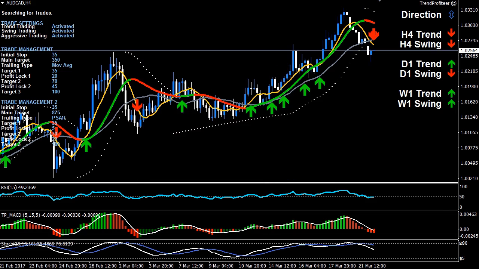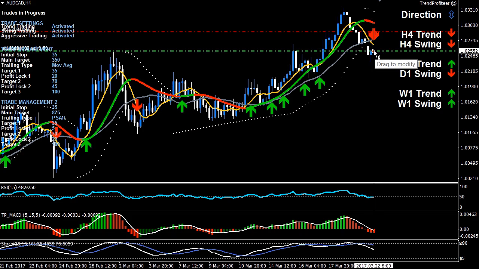So I just clicked yes, there we go. We've got our trades in place. I've got 2 sells. The stop has been positioned just above that slow moving average, giving me a little bit of room to play around, just under 40 pips. That's been dynamically generated for me, and I can change those settings at any time for any trade that I want to take. And we've got some nice rewards, nice profits that we can lock in, and that's what I always look for